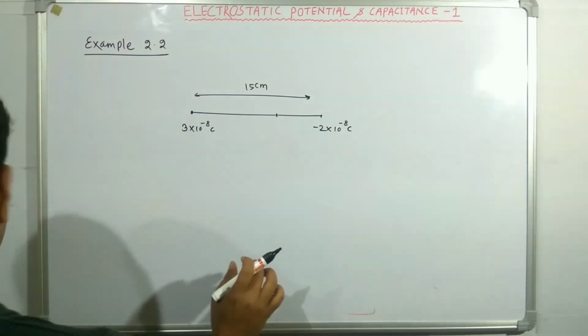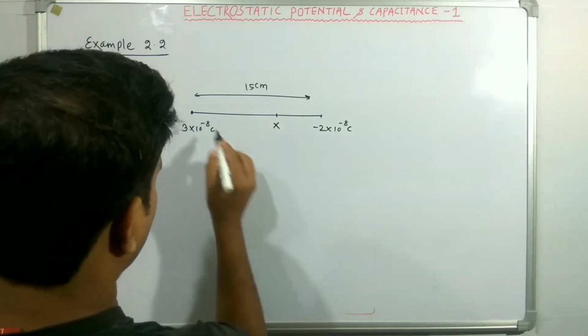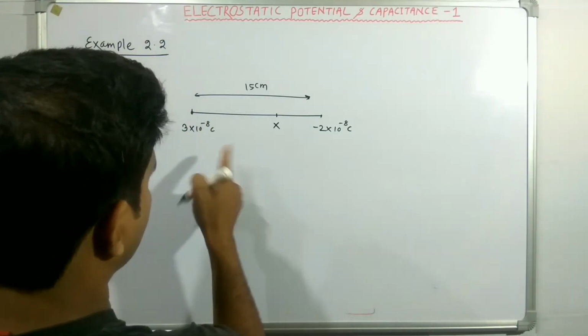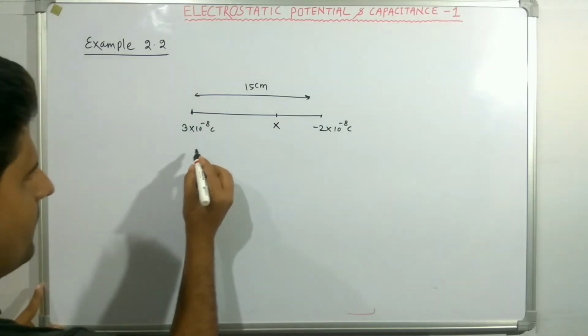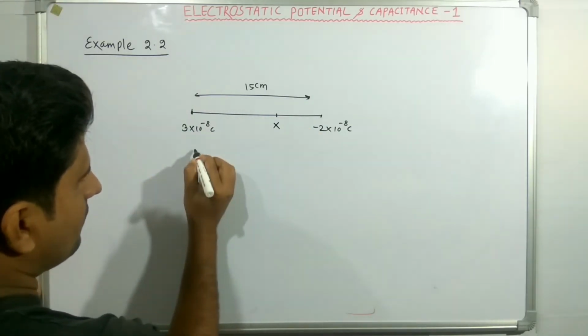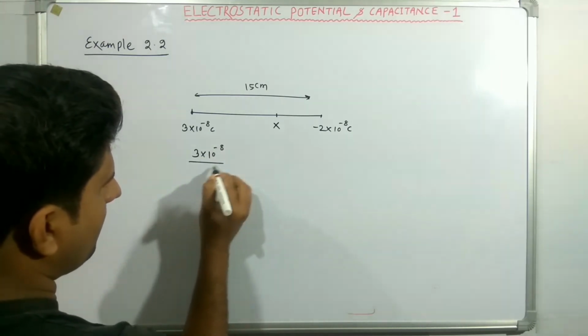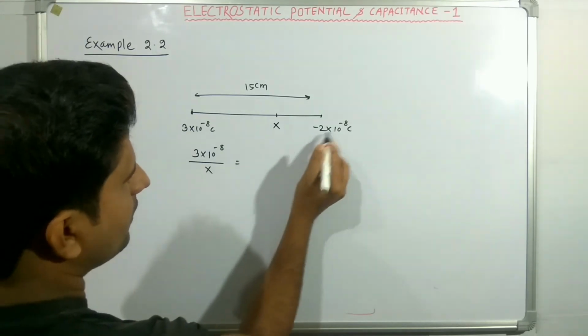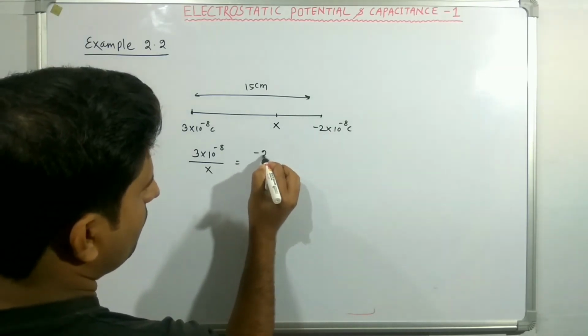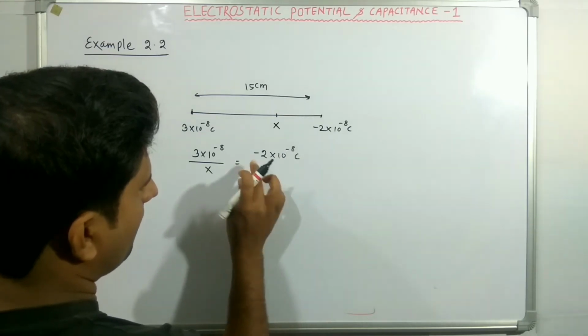Suppose the distance is x from the origin, and the other distance is 15 minus x, so 3 × 10^-8 divided by x is equal to